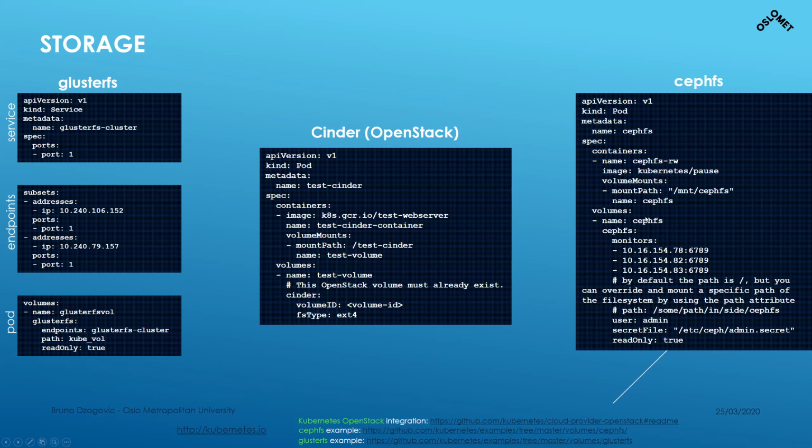Then you have Ceph. Ceph is a bit different in the way things are done. You can use secret files. You can set it to be read-only, etc. So that's another example, but in practice, I think we'll talk about GlusterFS or StorageFS, because these are a bit more simple and they're similar. GlusterFS is a bit similar to Ceph, but still these are the most common things that you will experience. More information on this you can find in the link here. This is also quite an extensive topic to talk about, the storage.